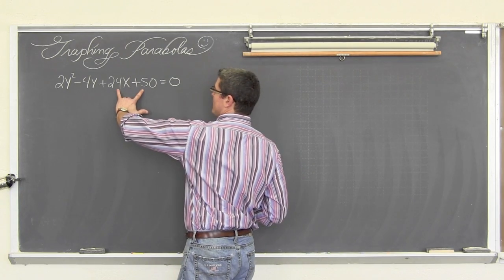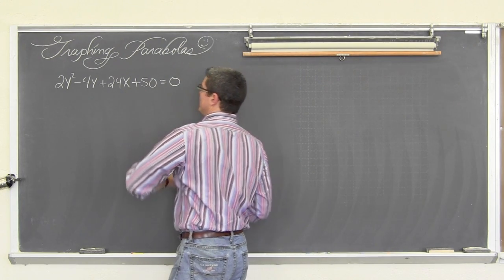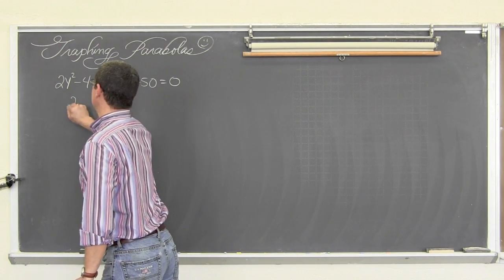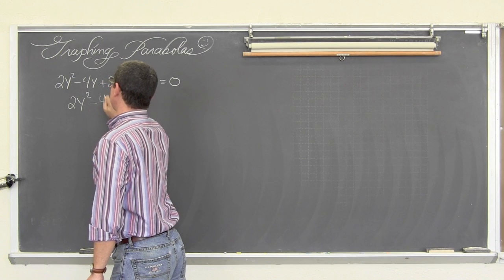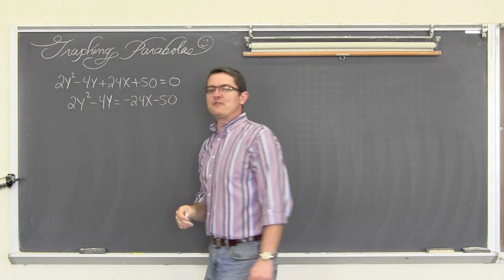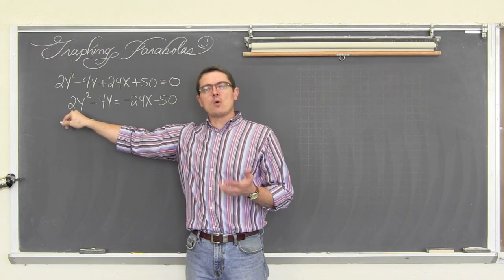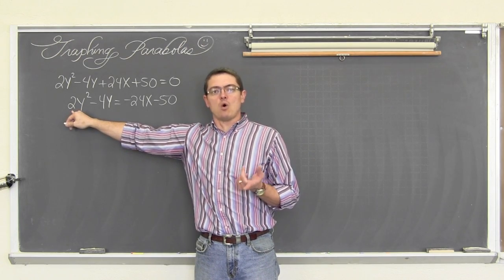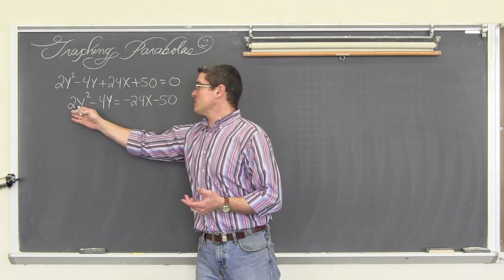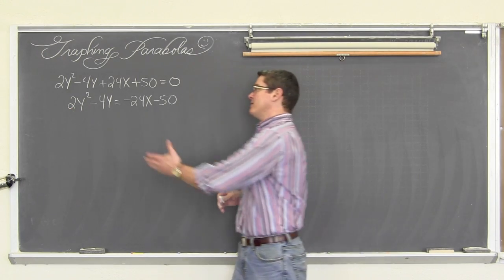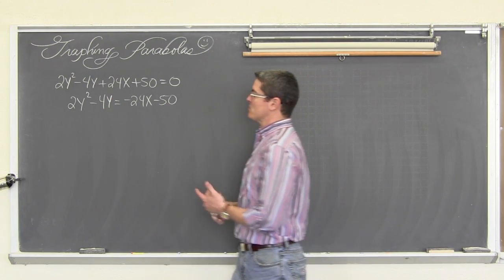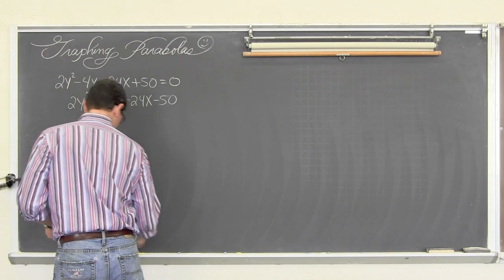So we're going to move the 24x over with subtraction and the 50 over with subtraction, because they're already positive, and get 2y squared minus 4y equals -24x minus 50. You cannot complete the square if your leading coefficient is anything other than 1. And because we only have one squared term, we can just simply divide that 2 away from everything in the equation before we complete the square, which will simplify it a little bit. So we're going to divide both sides by 2